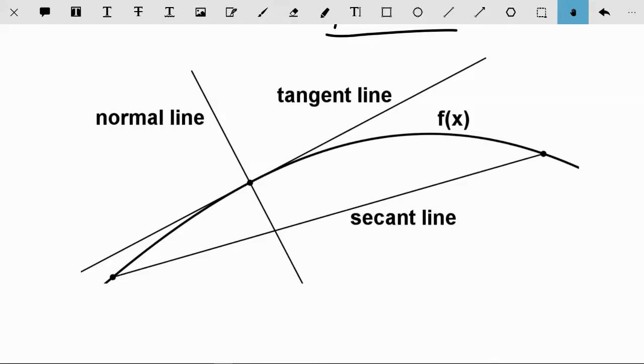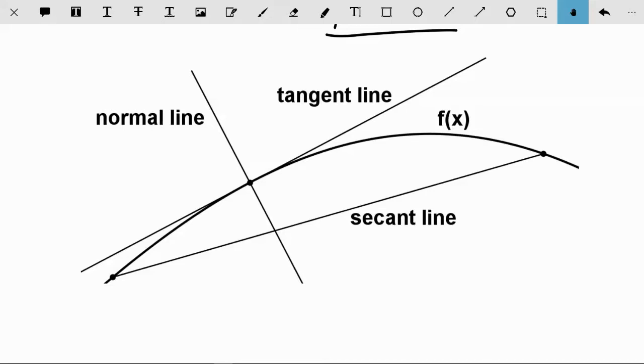So those of you that have done some physics, you may have seen normal vectors before. The reason that we're going to see normal lines a little bit in this class is because once you get beyond 2D calculus, you really start to get into a lot more vector calculus. And a lot of the applications that we do involve vectors. And in physics, a lot of times you're going to deal with normal vectors. So to start to get used to that idea, we're going to talk about normal lines just a little bit